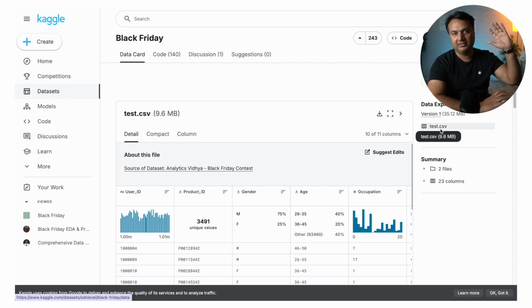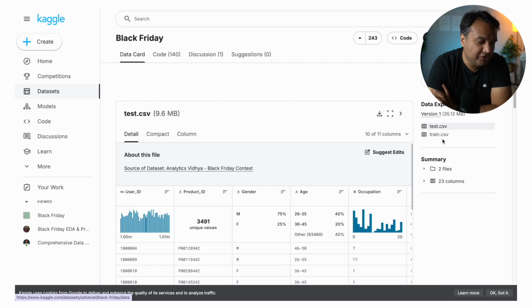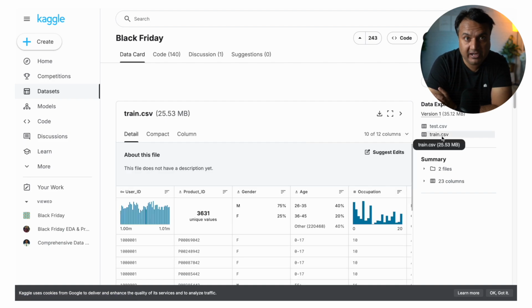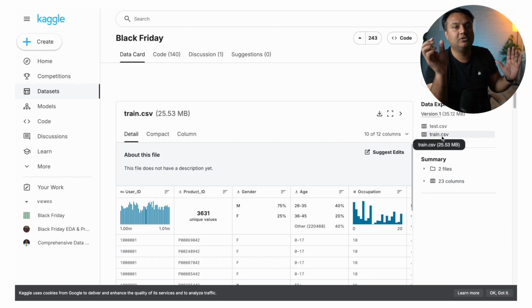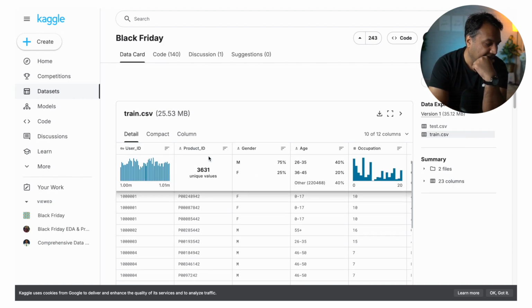This is a very typical scenario when you're trying to do a prediction job. Usually they provide you a train data set so that you can train your machines to make the prediction. And when they're giving you the train data set, they give you the things based on which you will be making the prediction, and they also give you the thing which you're trying to predict. So you will have the actual values. In this case, we have user information and we have product information.